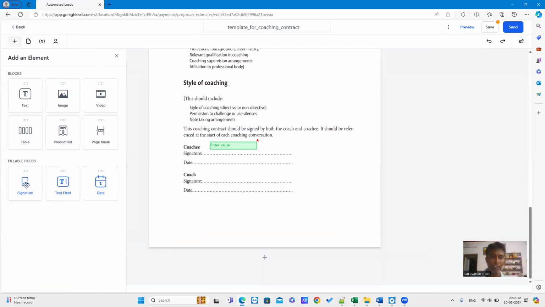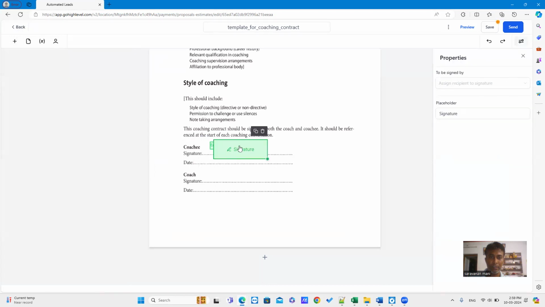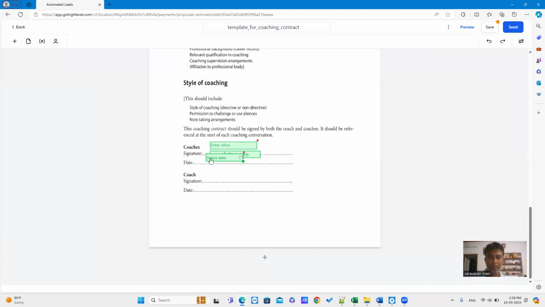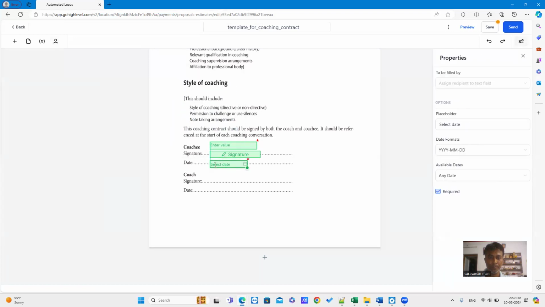Then click again and drag the signature field. We can resize the field like this. Then click Get Fill. We can move these boxes using mouse, or you can use the shortcut keys like Shift plus arrow for